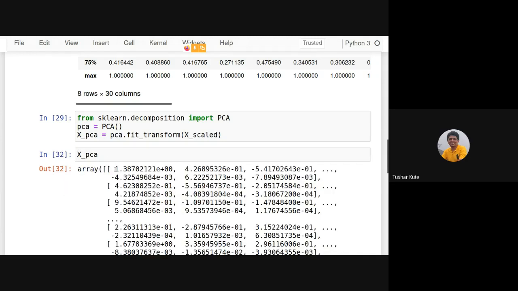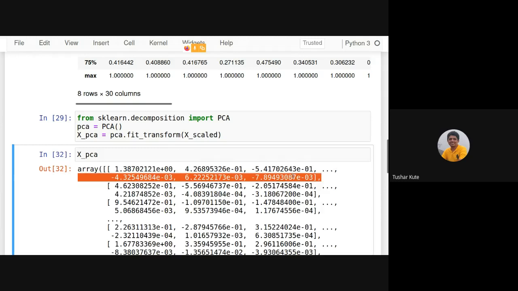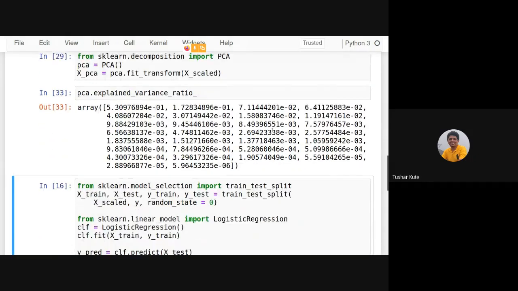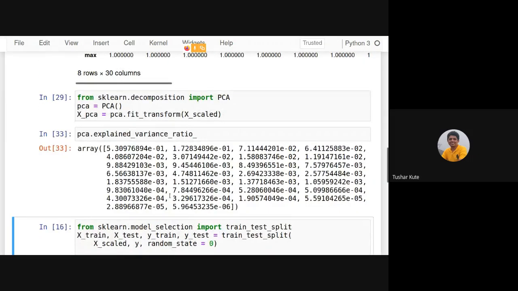The highest variance is here, then lower, then lower, like that. It's going on. The lowest variance is in the last feature present there. So this is how PCA is applied, and we got the variances here. Now I can make use of a method to check the variance caused by different components, sorted according to high variance, then low. So let's see, PCA dot explained variance. See, these are the variance caused by different components. 30 components are there, the variance is shown over here.